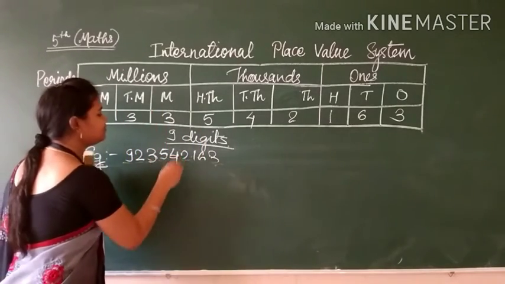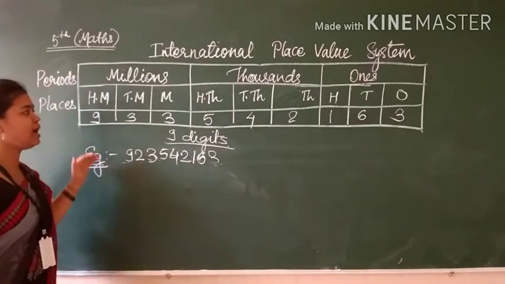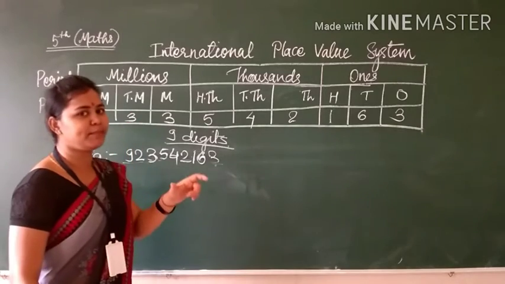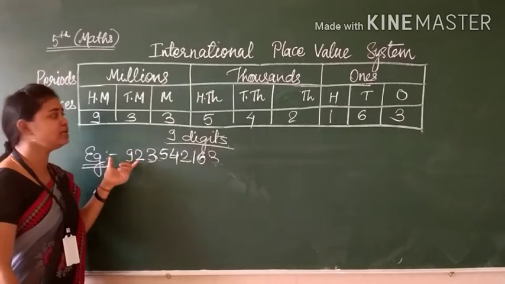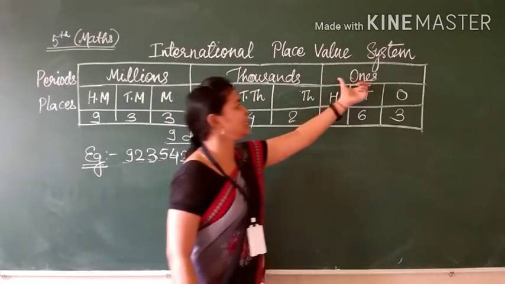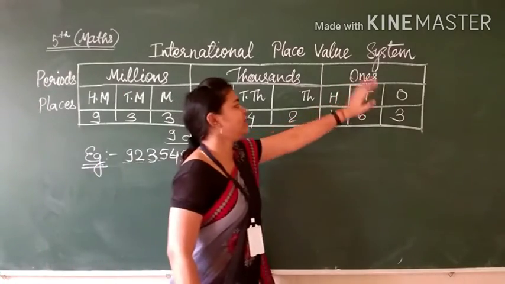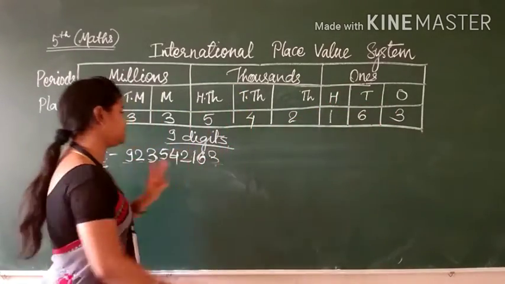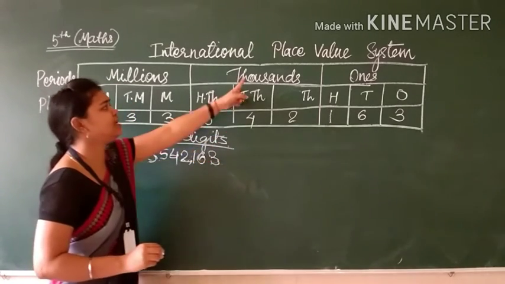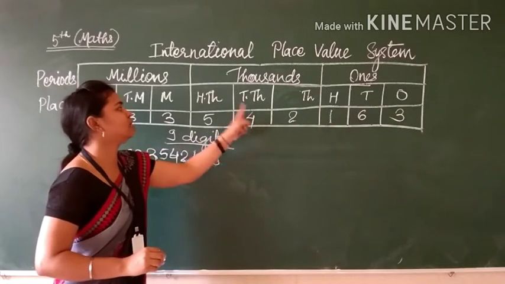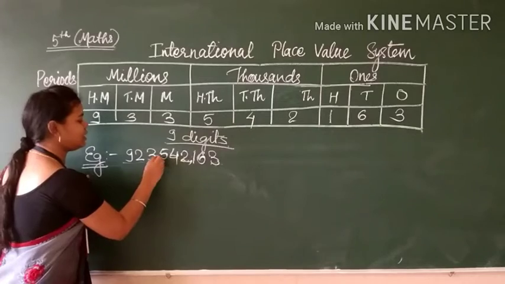So this is the given number which we have put in the International Place Value chart here. As I have told you in the Indian Place Value system how to put commas according to the chart, in the same way, after each period we will put one comma. See here, in ones 3 places are there, means 3 digits: 3, 6 and 1. After this I will put one comma. Then in thousands 1, 2 and 3: 1,000, 10,000 and 100,000. After 3 digits again I will put 1 comma.